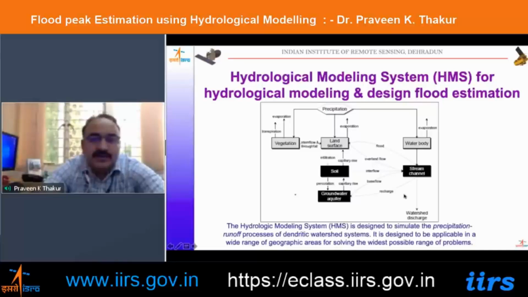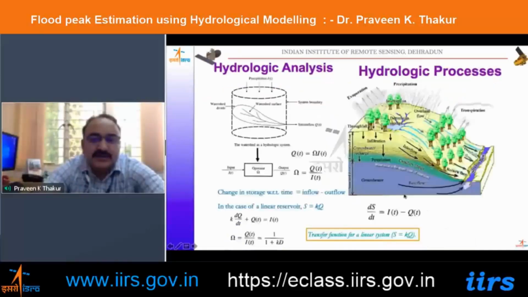So these are the various hydrological processes. You may not get the fully physically based model in this particular event, but standard hydrologic routing, and in some cases you can approximately use the kinematic wave model also in the runoff generation and for the routing